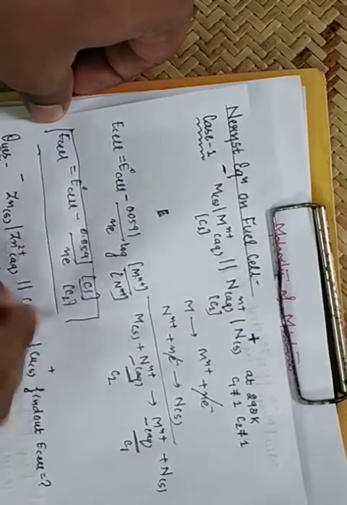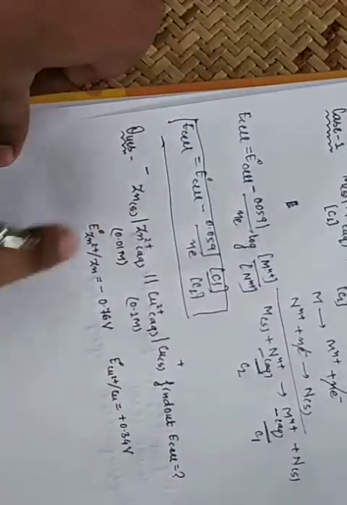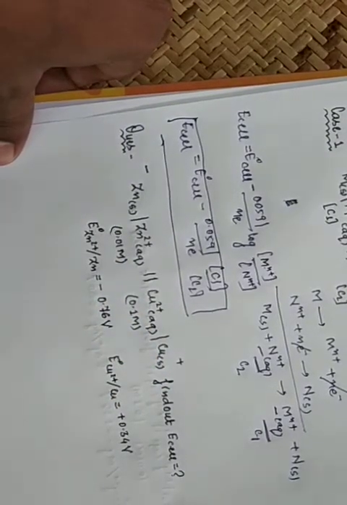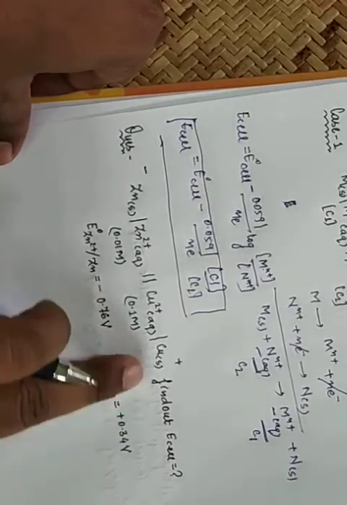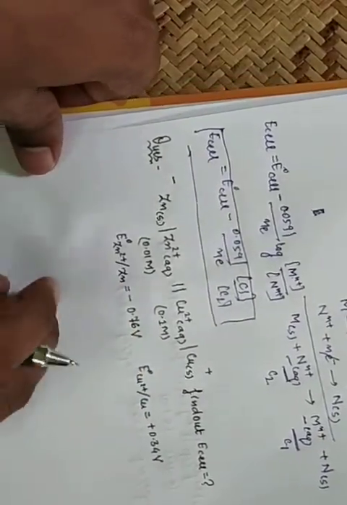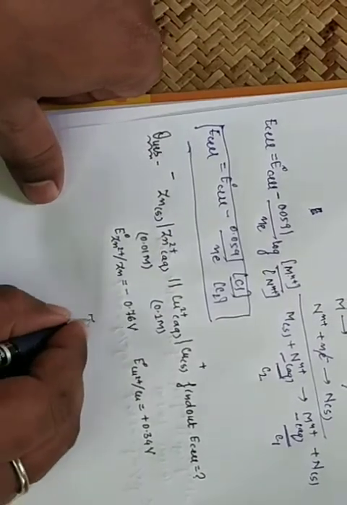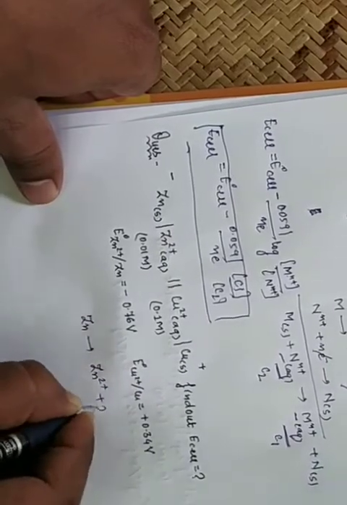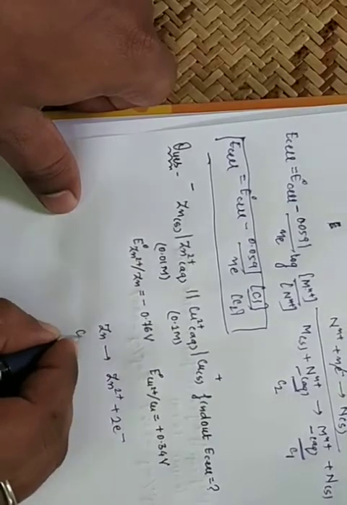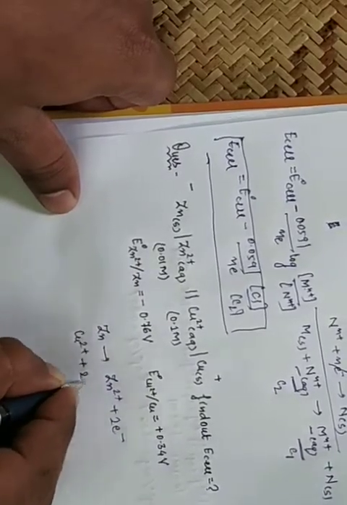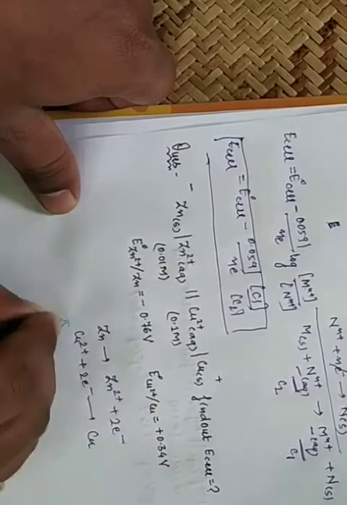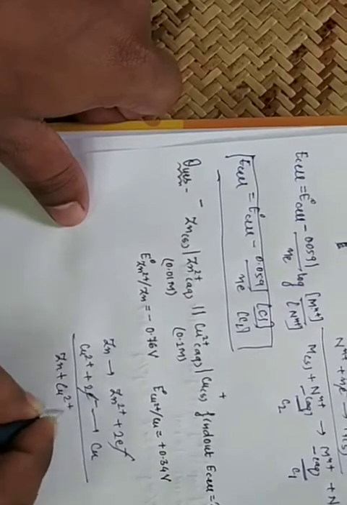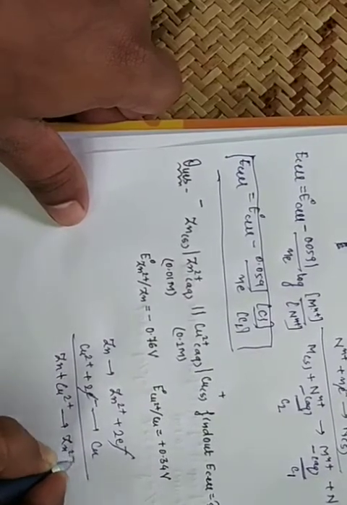Yeah, now there is a numerical based on this topic. Look, there is a negative electrode, there is a positive. It means there is oxidation and there is a reduction. Okay, so first you write down the equation. Zn gives Zn2+. It means 2 electrons are there, half oxidation, and Cu2+ accepts 2 electrons and the formation of Cu. Electrons cancel, then Zn plus Cu2+ gives Zn2+ plus Cu.